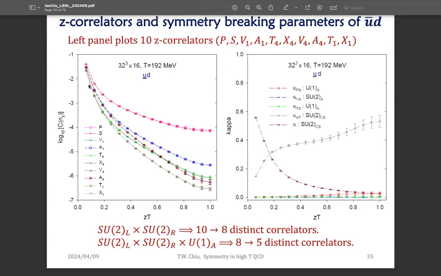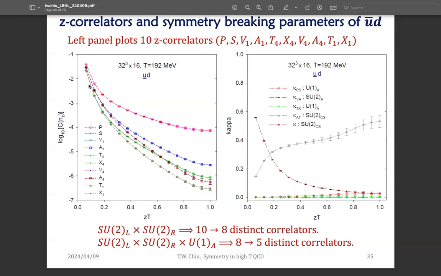Okay. So now let me go to the meson correlators. This is the UD sector at 190 MeV. On the panel, I actually put 10 correlators: pseudo-scalar, scalar, vector, axial vector,